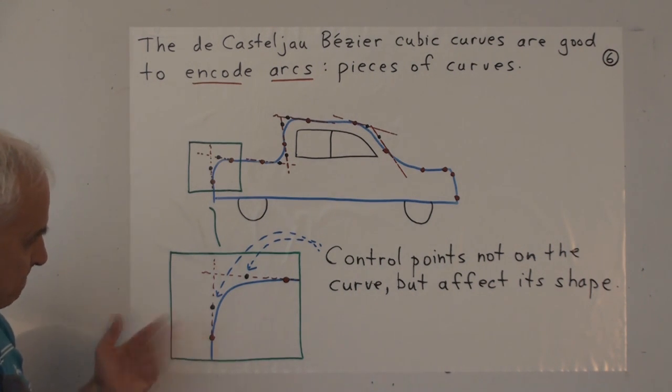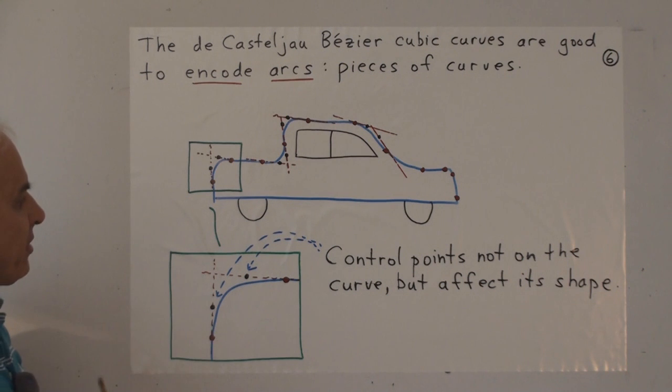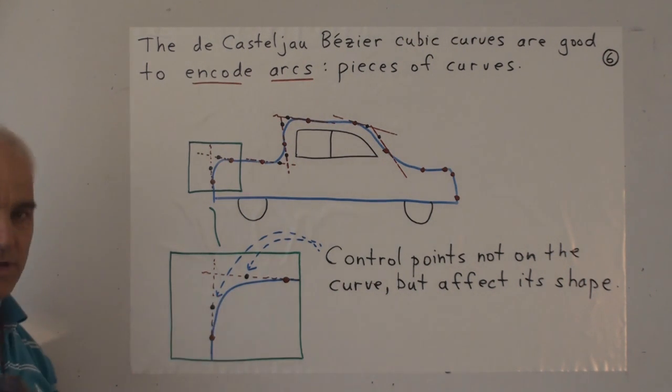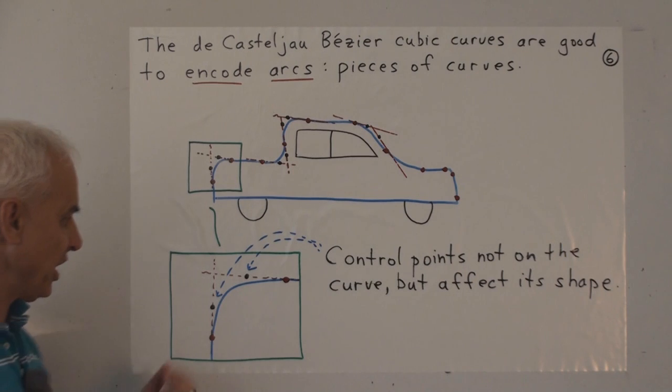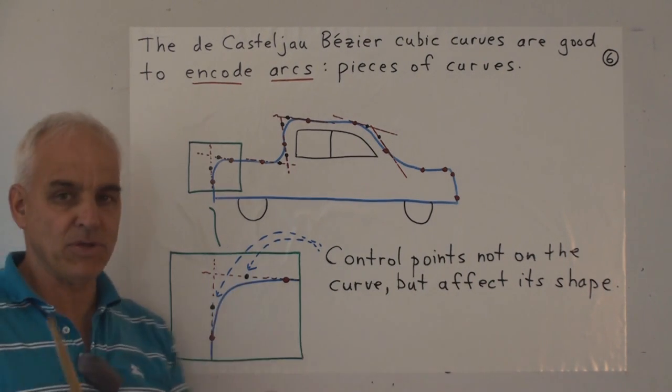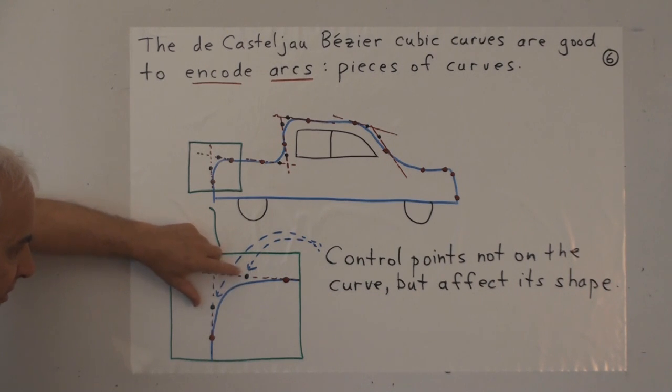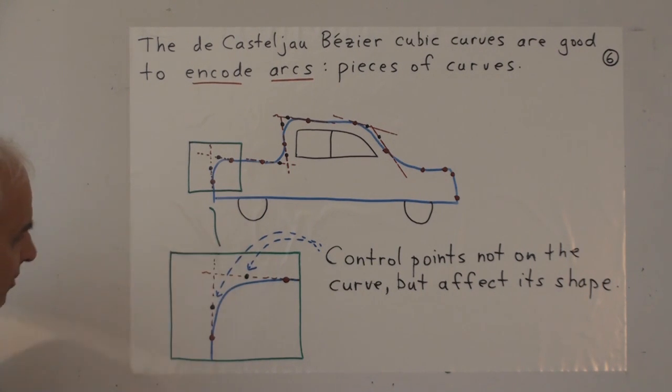So if a designer came to a board meeting and the board said, well, that looks pretty good, but can we just change the shape of that a little bit? Can we just maybe move the curve down a little bit? The engineer doesn't have to recompute some elaborate equation. He just moves these control points a little bit and the curve adjusts its shape. Okay, and it's pretty easy to drag and drop.